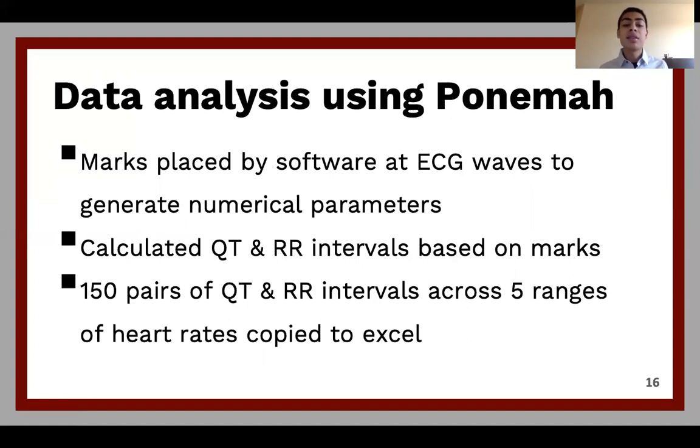And so what Ponemah does, it shows me an electrocardiogram, just like I showed you earlier, and it basically places marks at the specified ECG waves. So I was interested in looking at the Q wave, the T wave, and the R wave. It places marks to the best of its ability at those areas, and then it generates a list of numerical parameters. Those numerical parameters are able to calculate the QT and RR intervals in milliseconds, of course, based on where